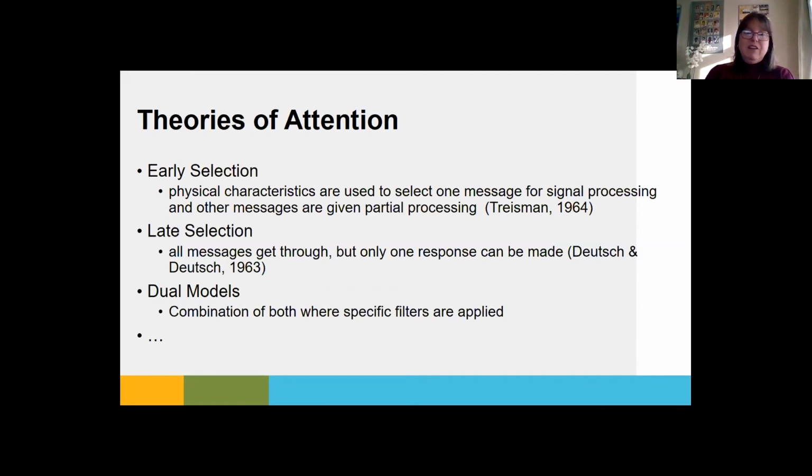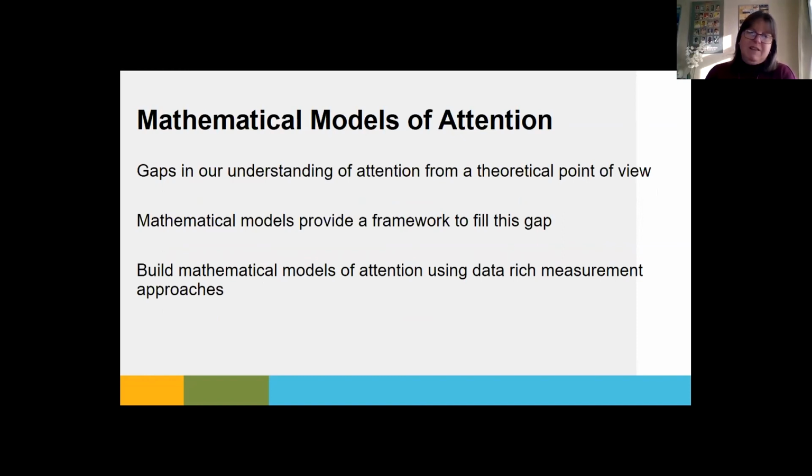And although psychologists have had a lot of success at understanding how attention works and building up these initial theories of attention, there are gaps in our understanding from a theoretical perspective. One of the reasons is because it can be quite difficult to measure attention. The mechanisms, the technologies that are available to us, they're improving all of the time. So as we start to use these, we then start to get a huge amount of data. So our problem is less about now, how do we measure attention, and more about how on earth do we